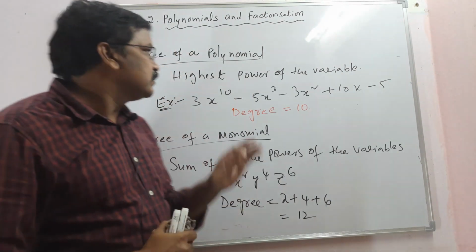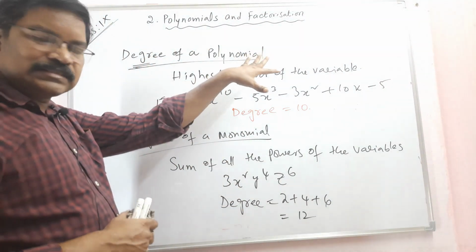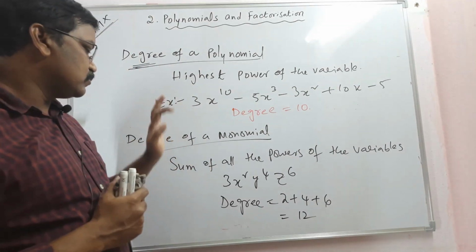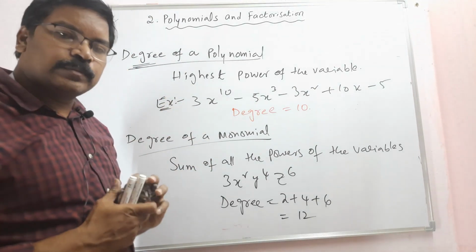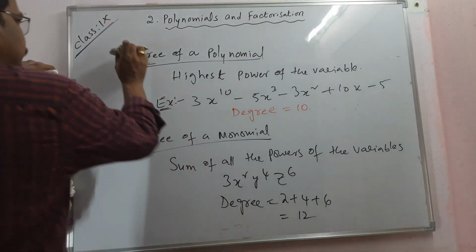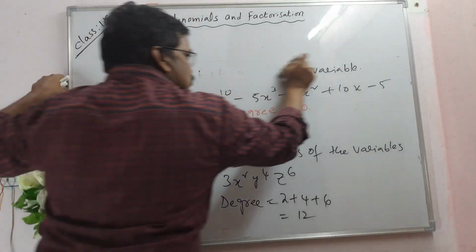Understood, students? Degree of polynomial means the highest power of the variable in the expression. So coming to degree of monomial, it is the sum of all the powers of the variables. Okay. And the next topic is